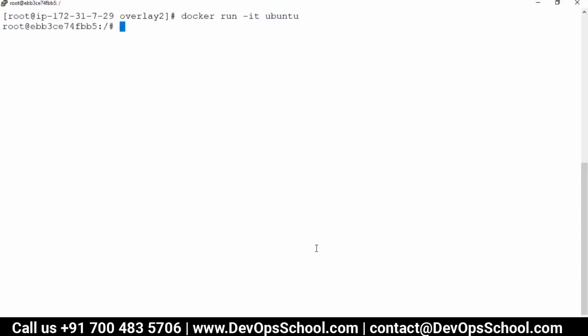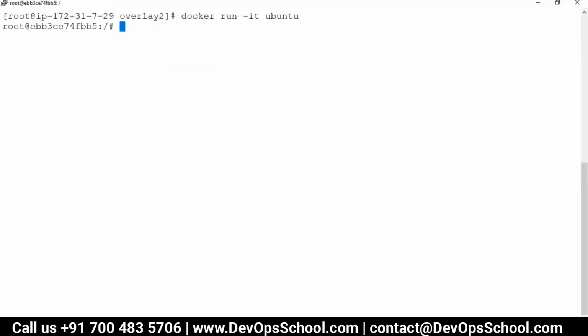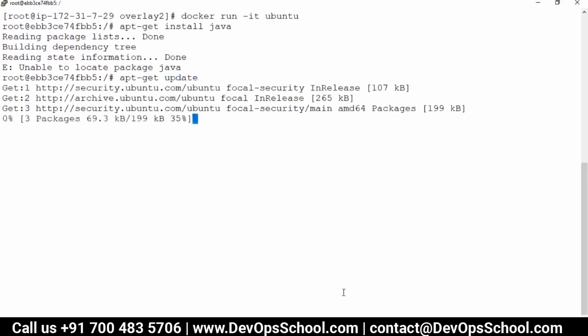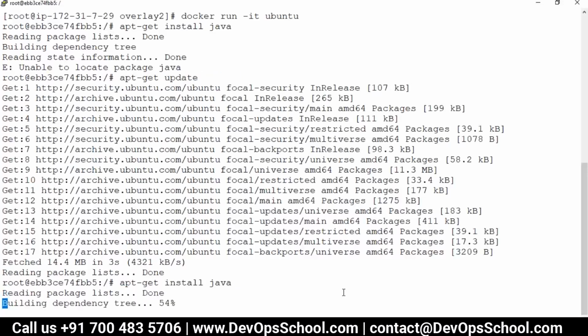Right now I'm inside the container. Now it's a Ubuntu container, base Ubuntu. I'll install the JDK. So apt-get install JDK or Java, something like this. It's not there. So can I update this operating system? I'm updating the repository. Let's see if Java is coming, and then install Java.